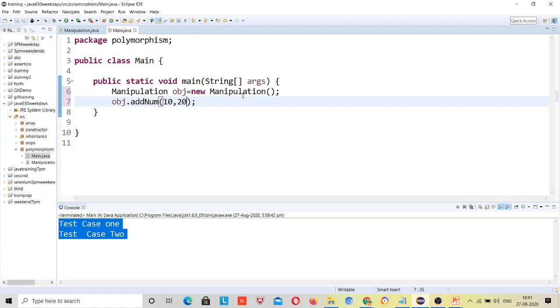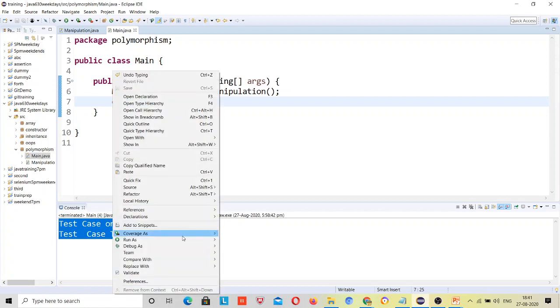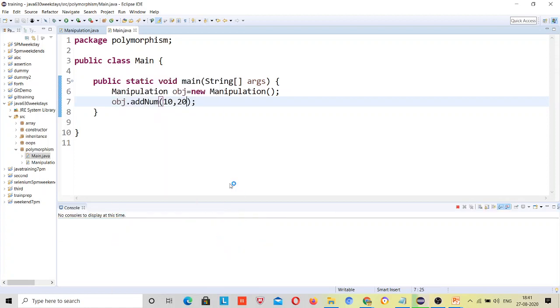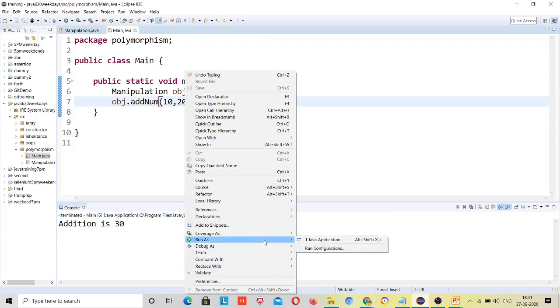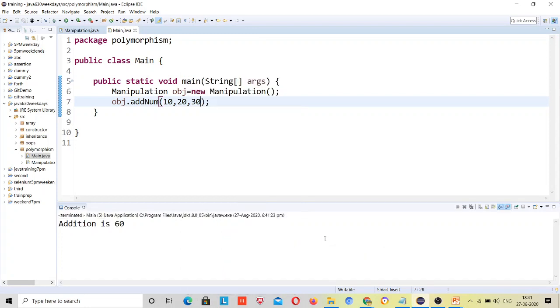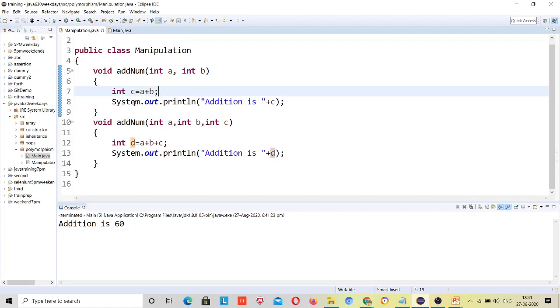So what will be the addition? Addition will be 30, because we have passed two variables, so it is performing addition for two variables. And if I pass three values, the addition will be 60. So the method name is the same but it behaves differently.